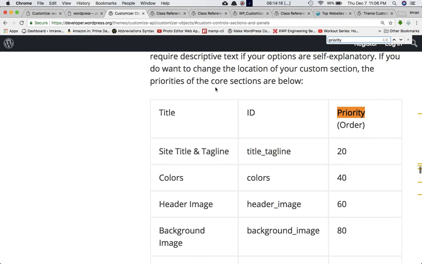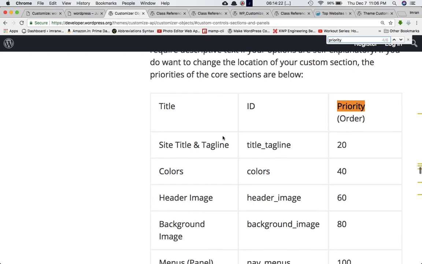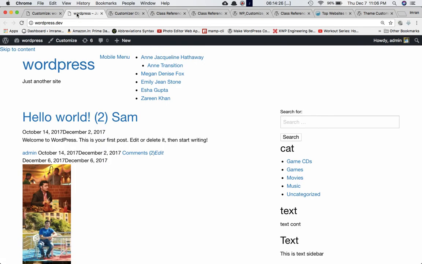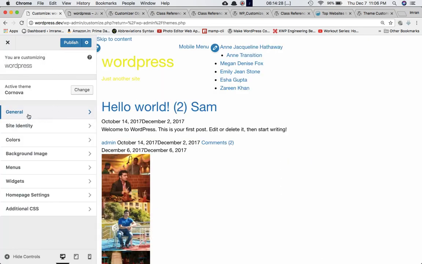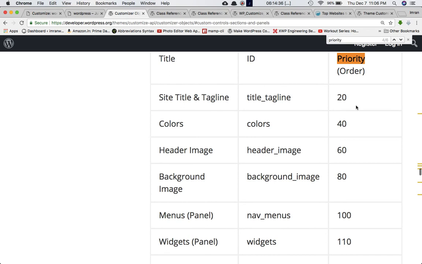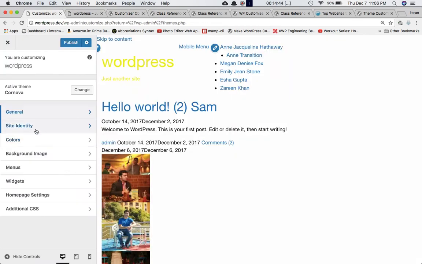So if you go to Codex under the customize API and all this link, basically a theme handbook, you can see that it talks about the priority. So depending on where you want this panel, do you want it at this position, do you want it at this position, do you want it at bottom, you need to set the priority. Okay, so you can see over here that the lower the priority, the higher it will appear. Okay, so for site title and tagline, the priority is 20. For colors, it's 40. So site identity, colors,